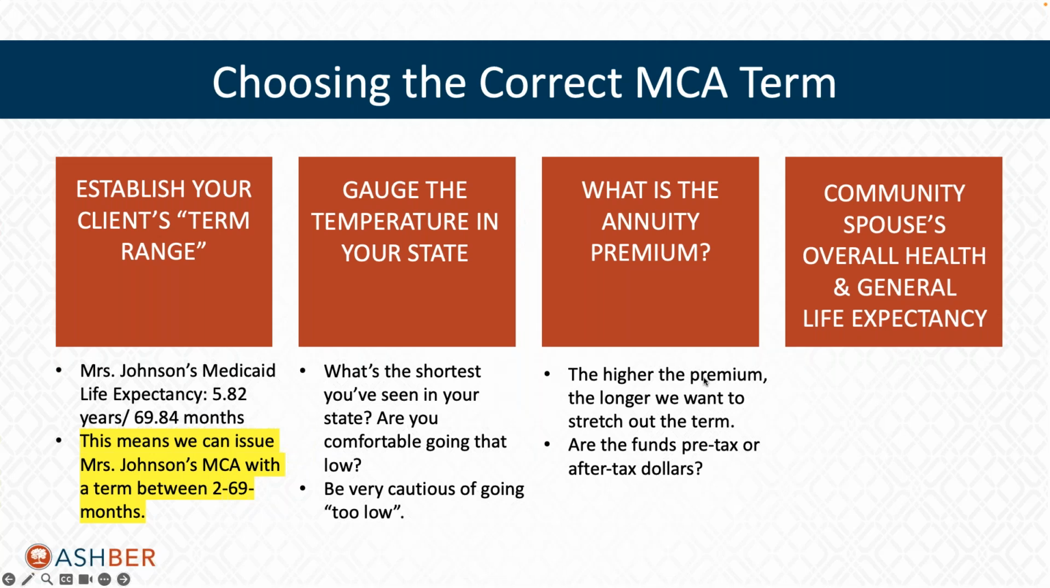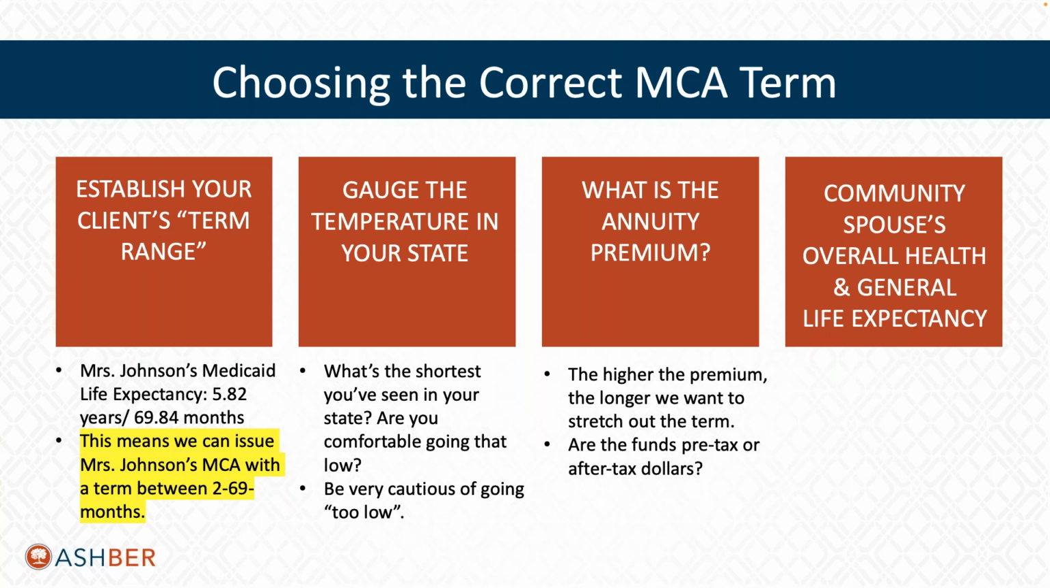Also, a few things to consider when choosing the correct term. What is the annuity premium? Are the funds pre-tax dollars or after tax? Are you using an IRA for this? Because if it's a pre-tax account, then 100% of the annuity is going to be taxable. So spreading that out over a longer term is usually beneficial. So like higher premiums and pre-tax money is going to be your ticket towards recommending a longer term essentially. But non-qualified money, smaller premiums, we can be a little bit more assertive with a shorter term to get that